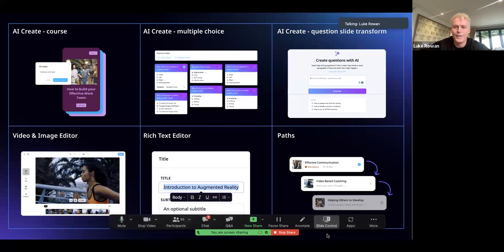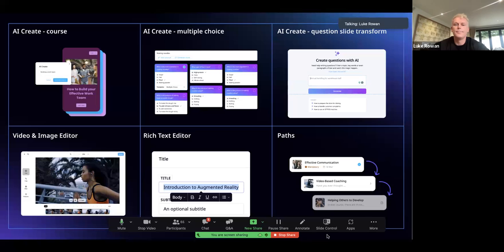I'm glad we have a few people supporting this webinar. So we've got a few icons on screen here to talk about what we're going to showcase today. So as I said, the AI Course Create feature we demoed, and we're going to go over that one again. The second piece here is our AI Create multiple choice generator. So we got some initial feedback that yes, the AI Creator is a good starting point, but our customers want to bolster the content that is initially built with more quiz questions and more dynamic engagement. So we've developed that